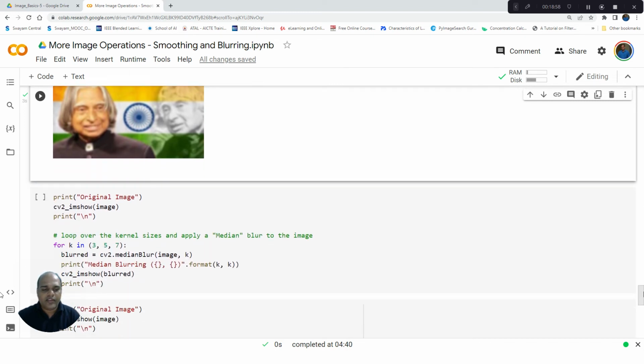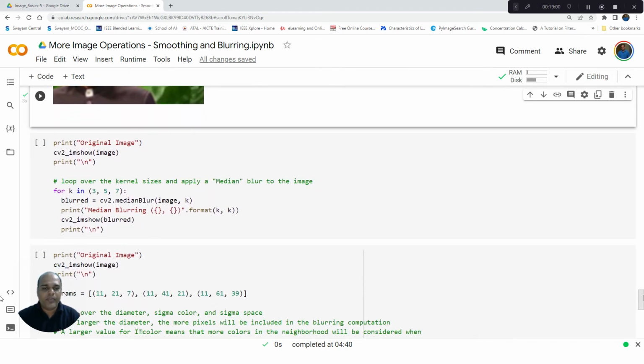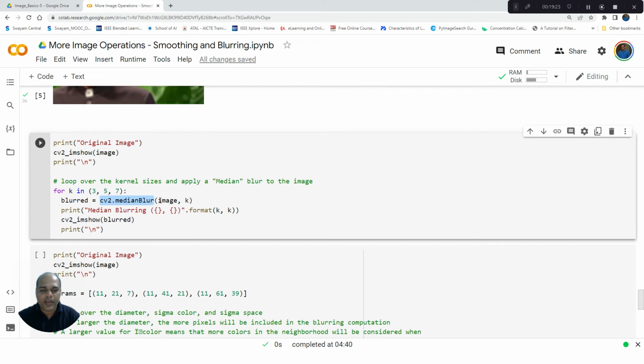The third type of blurring which we are going to do is median filtering. For median filtering, as I said earlier, we should use a square matrix. So here I define the k value as 3, 5, 7, which means I am going to use a 3 by 3 kernel, 5 by 5 kernel and 7 by 7 kernel, which is a square matrix. Using the square kernels, we compute the median filtering. So I give cv2.medianBlur, image and the kernel size. Then we will look at the output. So when I execute this,